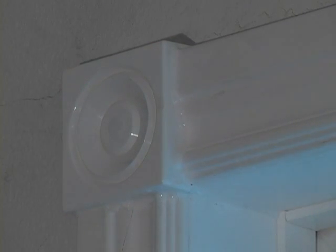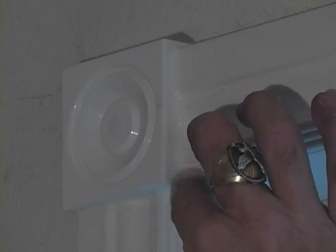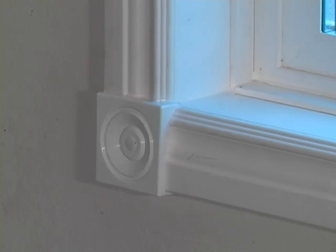You may also use flat white caulking around the outside frame. Then wipe it down with a damp sponge. At this time, your window solution is